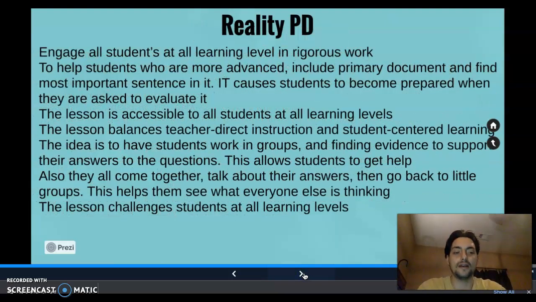The next one was Reality PD, and this framework was designed to engage all students at all learning levels in rigorous work. It was designed to help students who are more advanced include primary documents and find the main idea. So in this video, it was a lesson in high school, a social studies lesson, and they were talking about